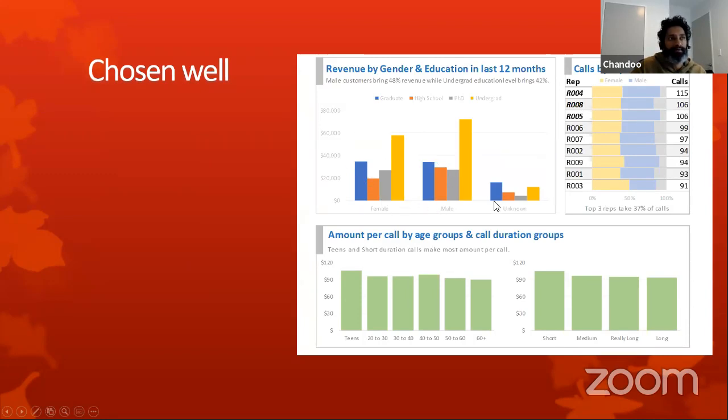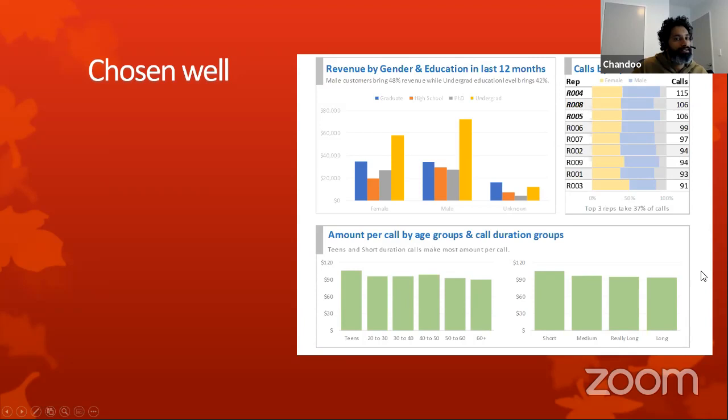And then you can see the other things as well. Calls by representatives in the last 3 months by gender. This is actually presented in a modified table version where we have some bar chart against each representative and number of calls. So you can clearly understand what's happening at an individual rep level. And you can also get a sense of what two dominant genders are compared to the other gender, and then understand that. And there is additional detail added here that says, top 3 representatives take 37% of the call. So that also gives some more extra context.